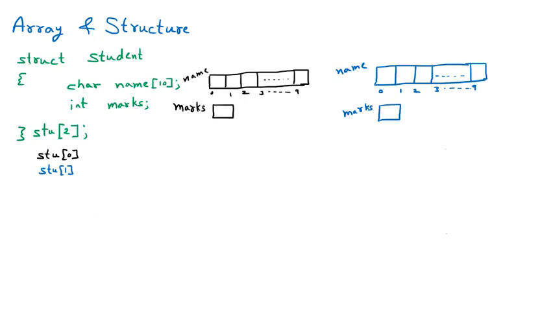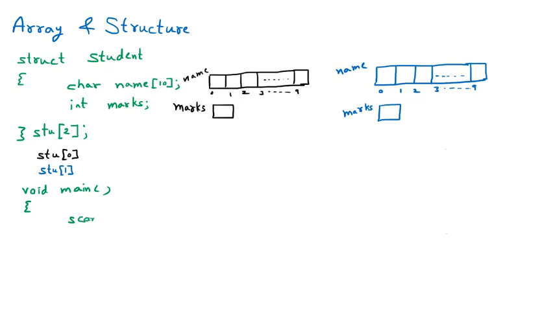Now how to access these elements? I am writing the code for that. Let us suppose that we have to access these members. So I am taking a small piece of code. Let us suppose void main is there. Now to access these, we know that there are two options. Option number 1, I can access with the help of the array element. Let us suppose that I want to take the first name, so I will say